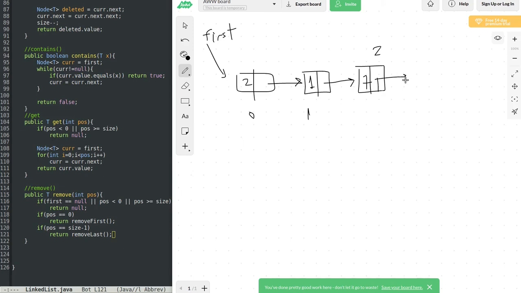Let's say I have a 10, and a 9, and this goes to null. So let's say I want to remove the third element or the third node in this